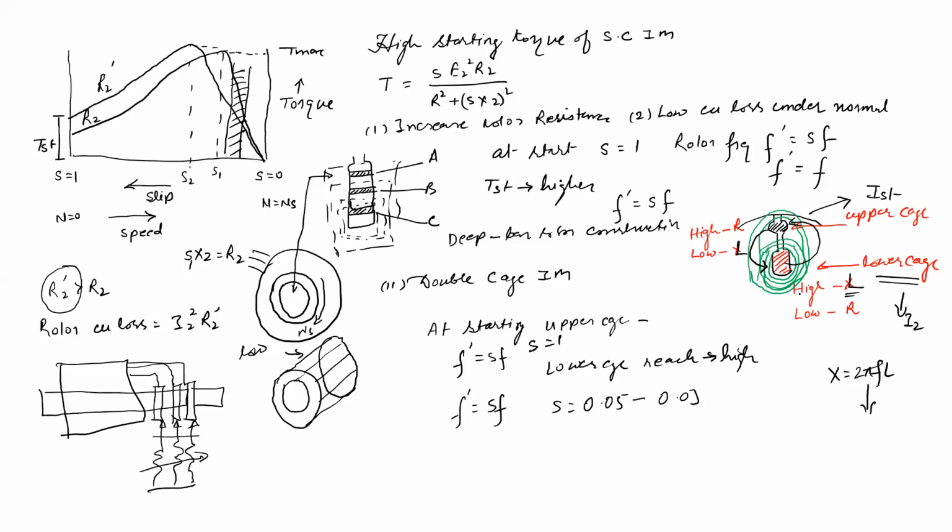But there is a slight change. Definitely the copper losses in a double cage induction motor are slightly higher, isn't it? But by proper combination of starting torque and running performance, it can give the same advantage as that of the slip ring induction motor. The slip ring induction motor has only one advantage, that it has a high starting torque. This high starting torque can also be obtained in a squirrel cage motor by providing a double cage induction motor. Okay,